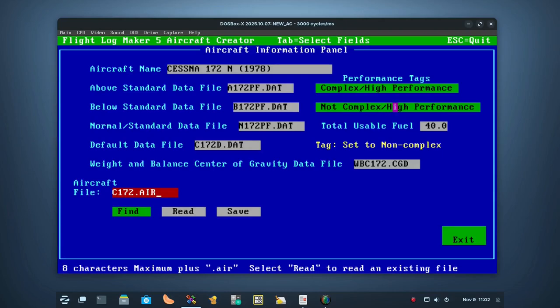So most of you already know that a non-complex airplane would be a fixed pitch propeller and probably a horsepower of less than 200. Complex, again, you're going to set that to on if your airplane has a manifold pressure reading and setting where you can change the pitch on the propeller blade. You're going to put in the total usable fuel for your aircraft, and then the weight and balance center